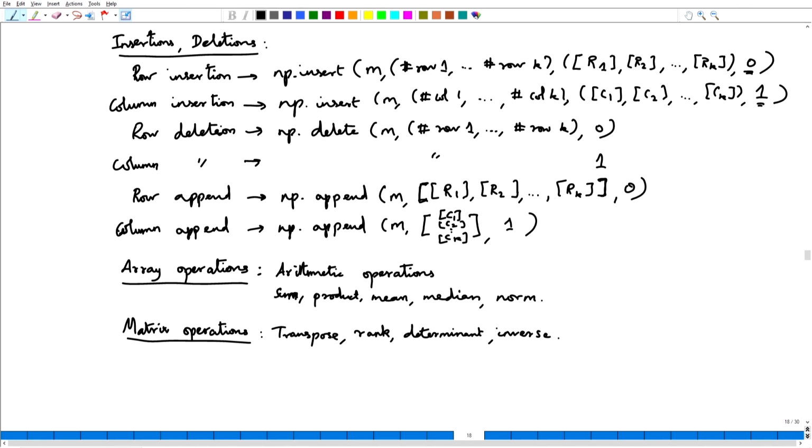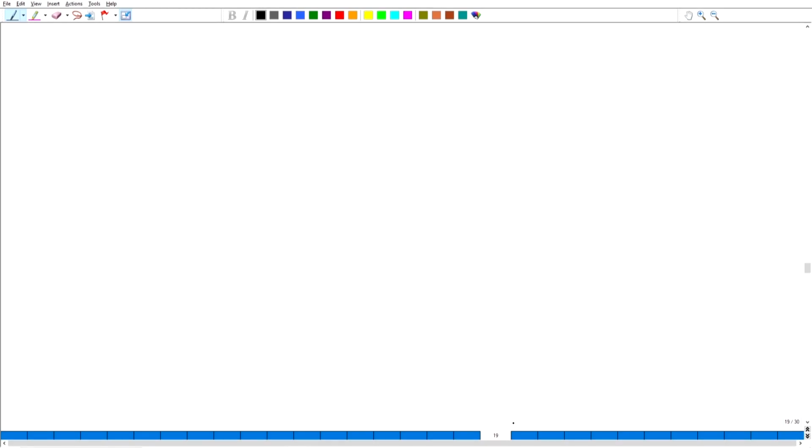Okay. So, we will now move ahead to what we call conditional operations. We have conditions to implement when we are writing code. If a condition is satisfied, we do something; if the condition is not satisfied, we do something else. Those are called conditional statements. Okay. So, start with